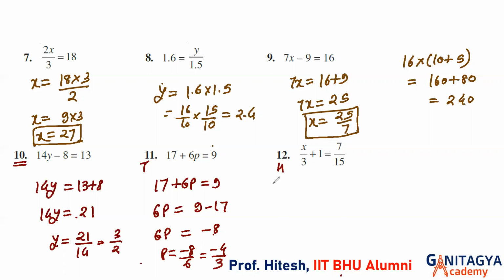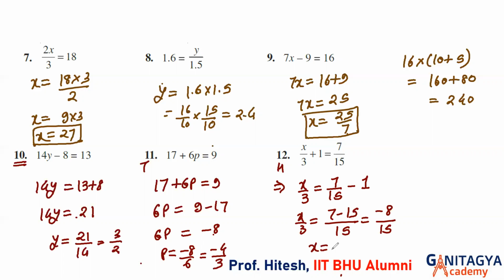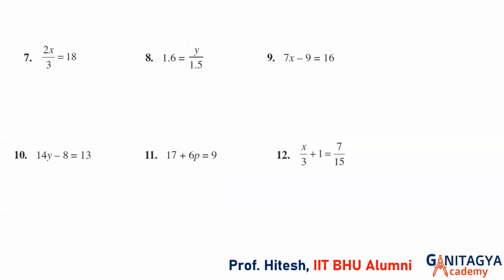And Humera, 12th one is x is equal to minus 8 by 5. Perfect, very good. So 17 by 5 minus 1. So x upon 3 will be 7 minus 15 upon minus 15. This is minus 8 upon 15. Okay. So x is nothing but minus 8 upon 5. Why it is so? Because 15 is nothing but 3 into 5. So 3 will cancel. It will be minus 8 upon 5. Very nice. Just confirm kariye. Okay. So let me move to next question.